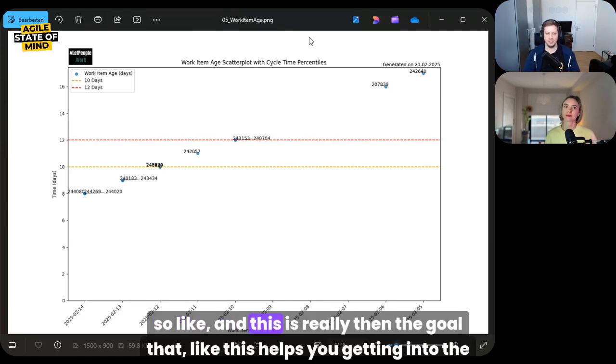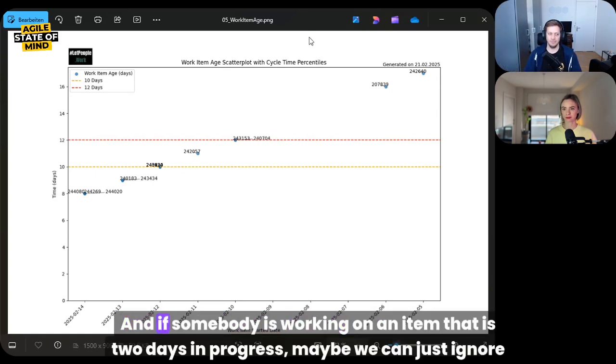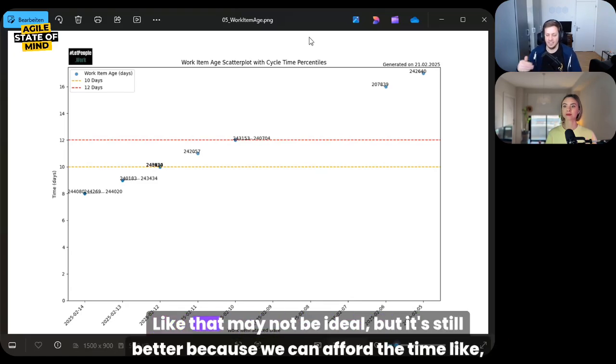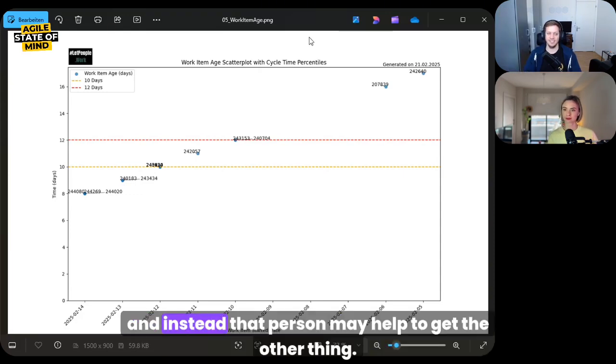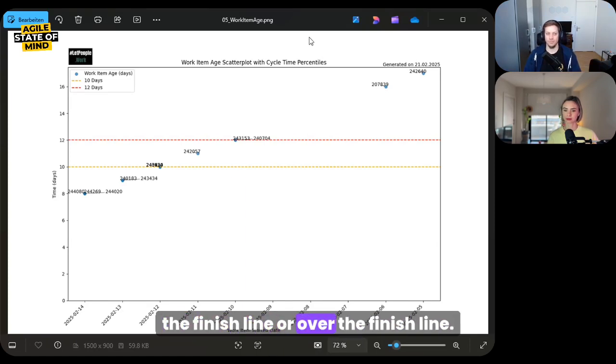And this is really then the goal, that this helps you get into the flow, right? And if somebody is working on an item that is 2 days in progress, maybe we can just ignore that for a day or two. That may not be ideal, but it's still better because we can afford the time for this item to wait a bit, and instead that person may help to get the other thing over the finish line.